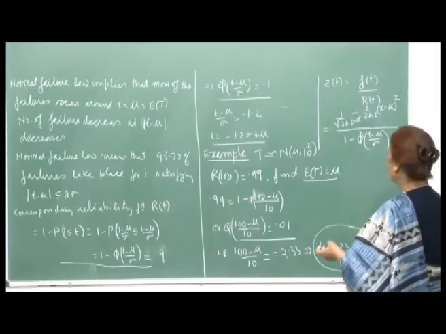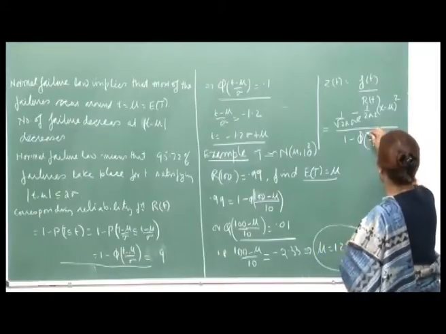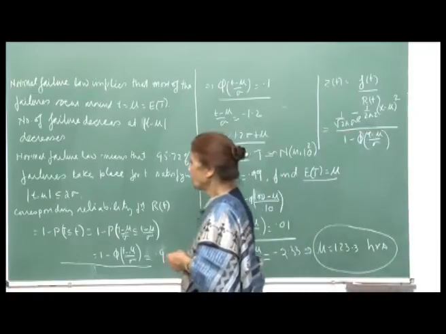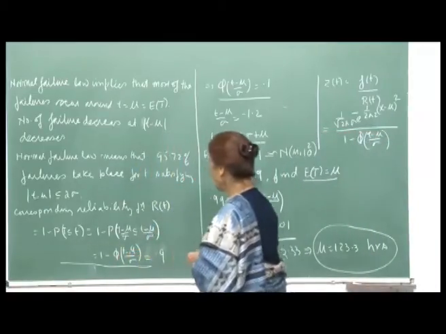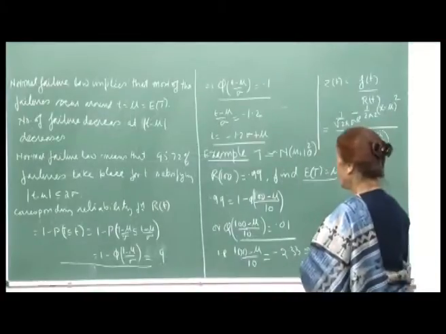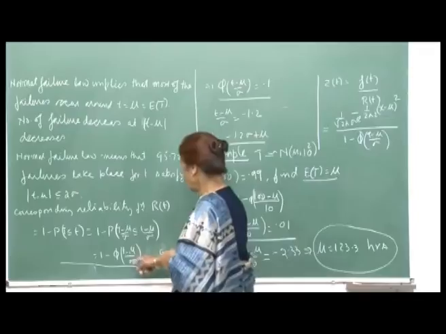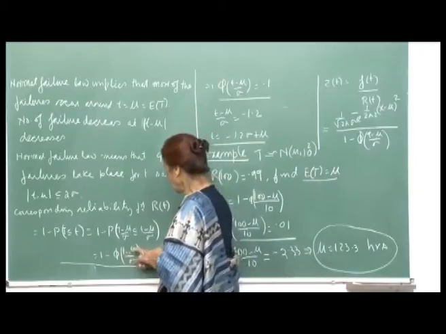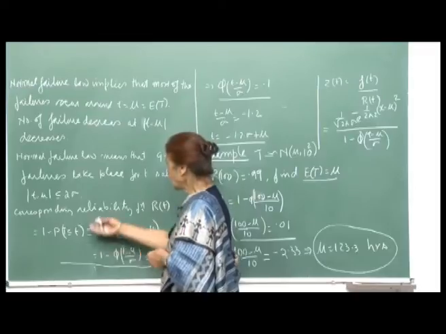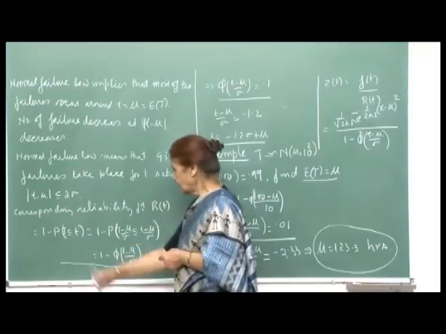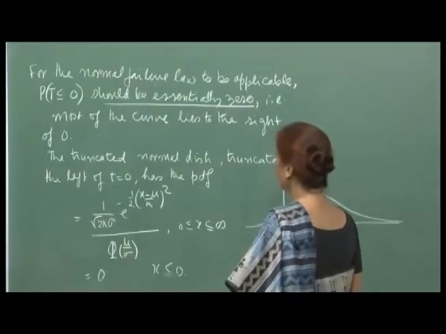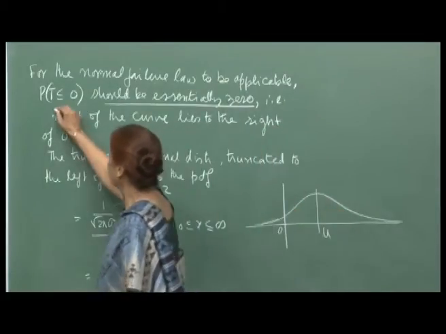So, if you want to compute z, you will get this complicated expression, but it seems that here your reliability function is the one which is more useful and has a simple form, because all you have to do is, for a given value of t, if mu and sigma are given, you just look up the normal tables and compute the reliability of the system at any given time t. For the failure law to be applicable, we want this, because